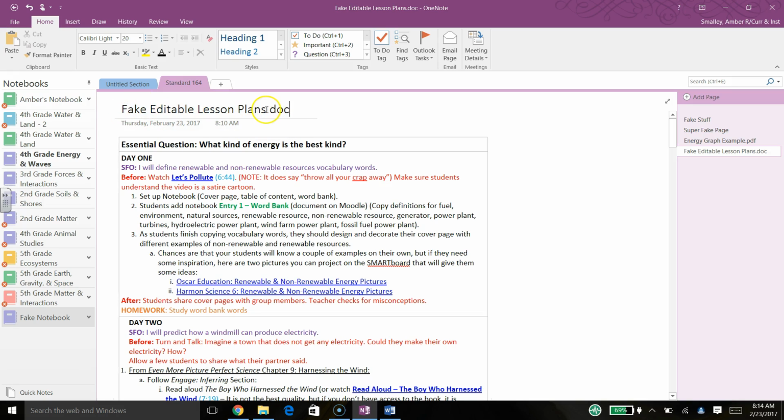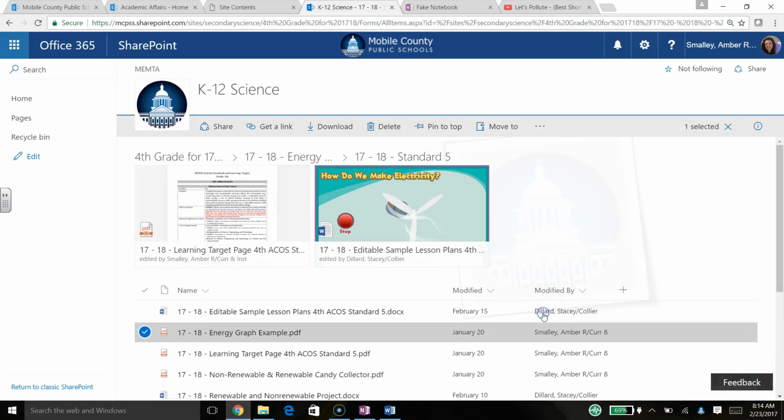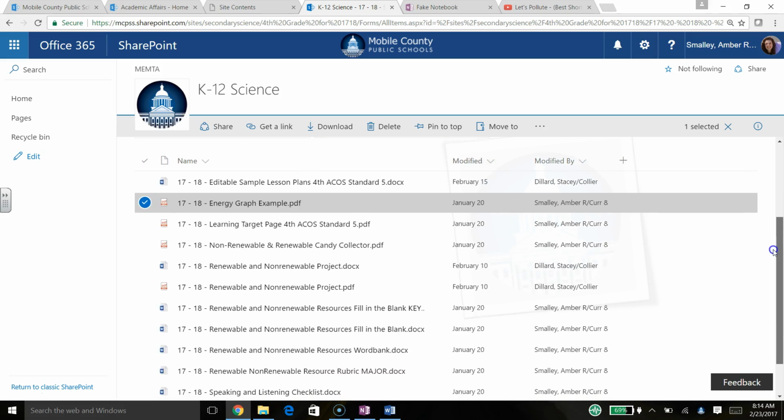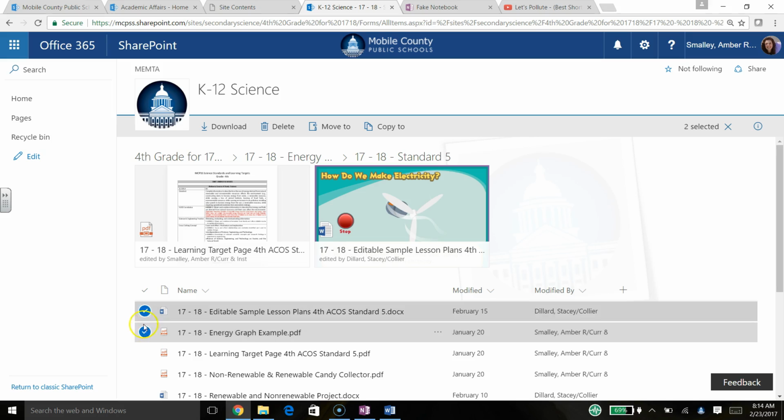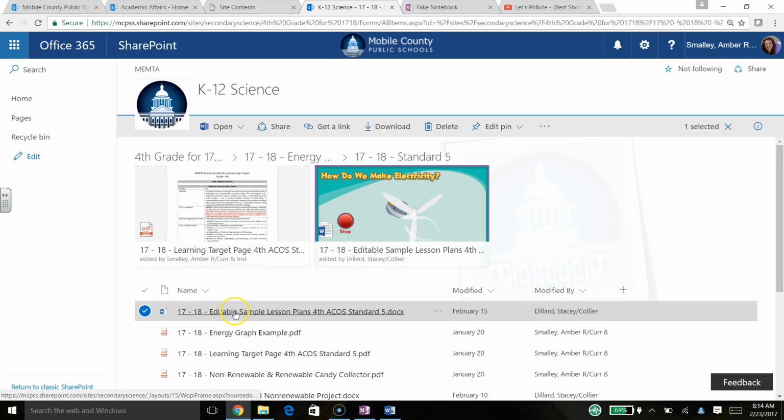So to get the document, I put .doc just so they'll know that it's going to be a document. What you'll have to do, just like with the PDF, is go to the internet. I'm already in that folder. It's the same folder, I think. Yes. And here it is. You can't have two checked at the same time. You can only have the one checked that you need. So here's the editable lesson plans online. If I go to get a link,